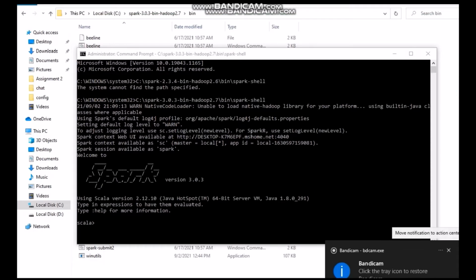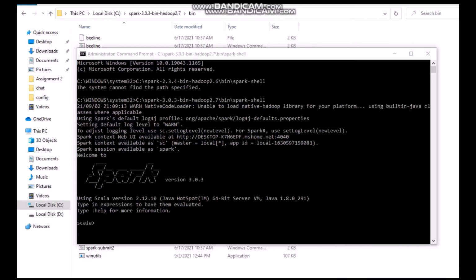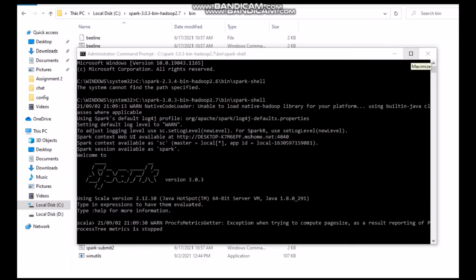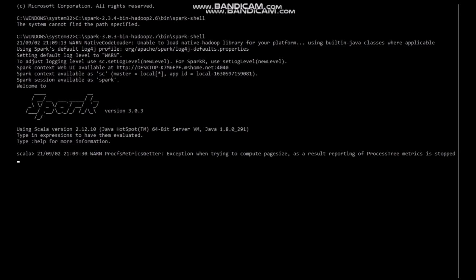Now you can see that I have also opened the screen for Scala for the Spark server, and it's currently running. There is a trivial error that comes up every time, but that's not a problem. We can now enter a command and see how it is working. So it is version 3.0.3 that is currently running. Now having Scala, I mean Spark, up and running,